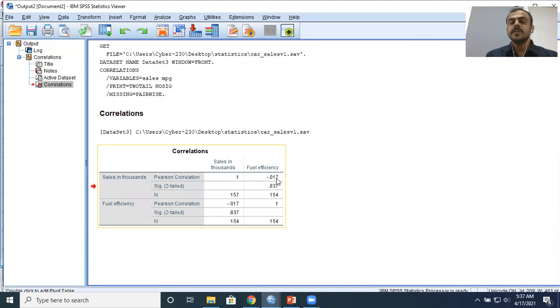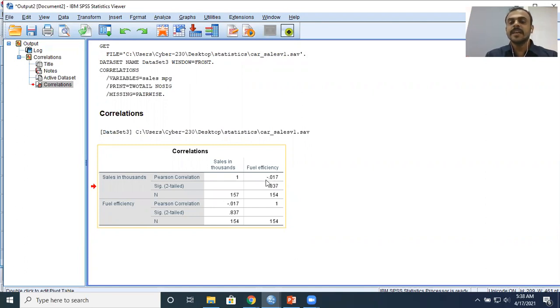That is what it says. Remember, Pearson's correlation coefficient tells you both the strength and the direction of the relationship. Since the value of Pearson's correlation is very, very close to 0, the R value is very close to 0. It means that there is almost no relationship between the 2 variables.